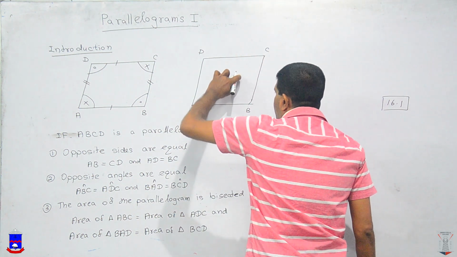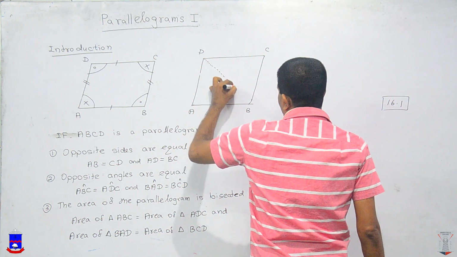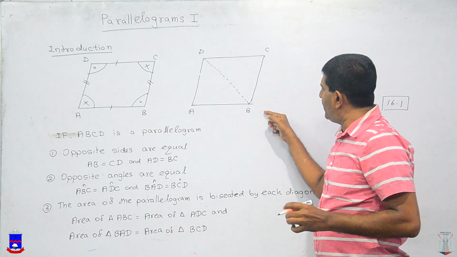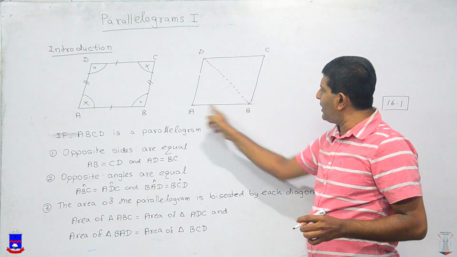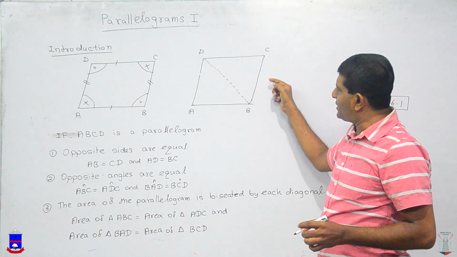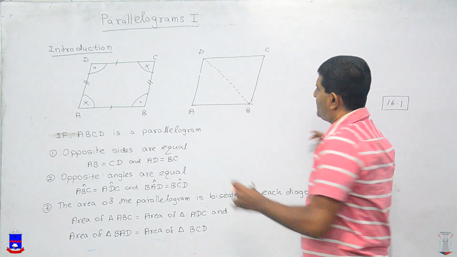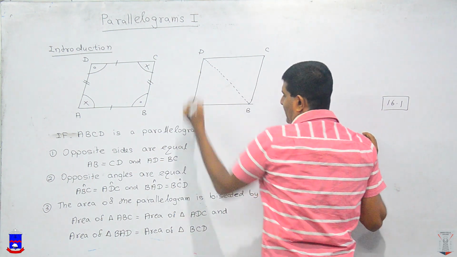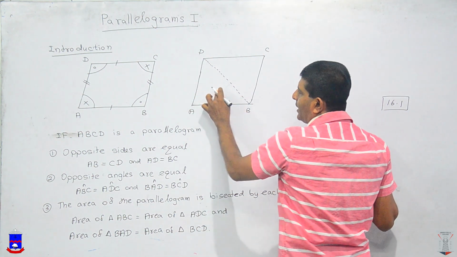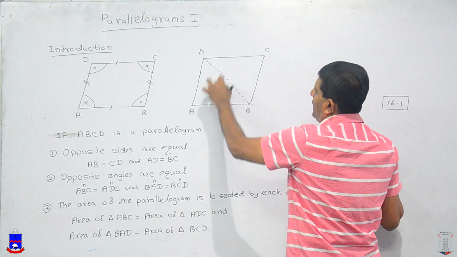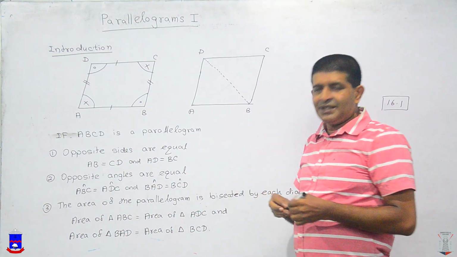Again, I erase this diagonal and draw the other diagonal, BD. Now two triangles are created. The first is triangle ABD and the second is triangle BCD. The third property says, second thing, the area of triangle ABD should equal the area of triangle BCD. Those are the properties we have to know,